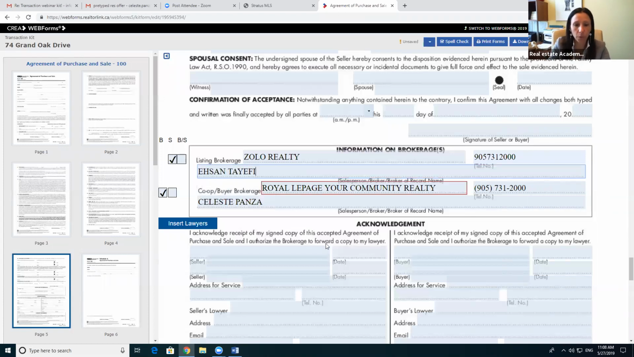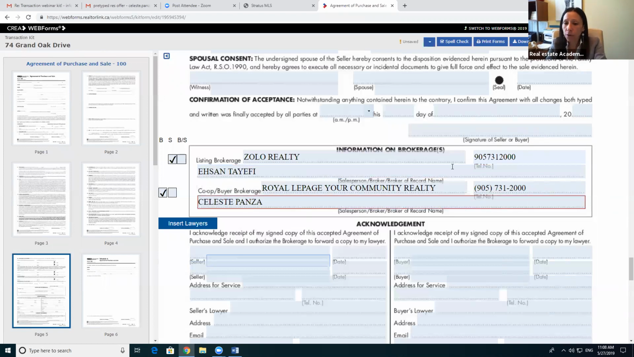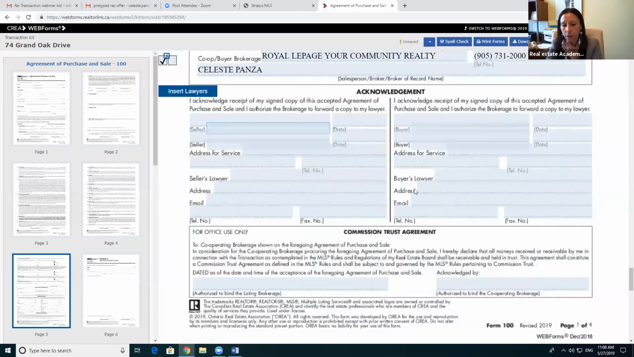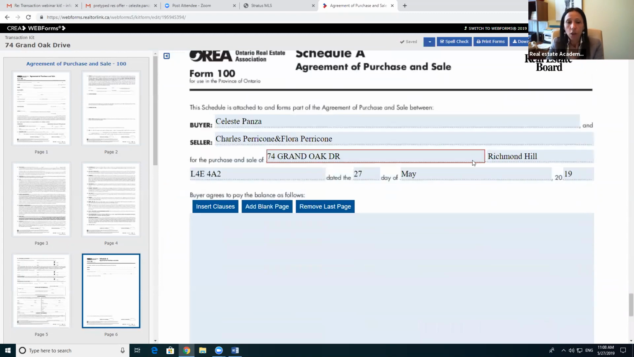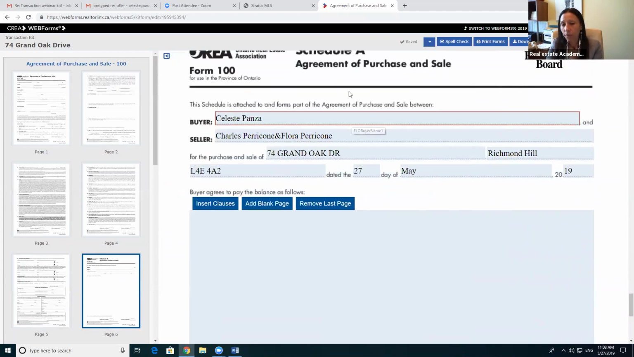I copied on the wrong one, okay? So right now you would see this part, we're not going to touch it. There's a listing brokerage, there's a buyer brokerage. These are acknowledgements for your clients, commission trust agreement, you would sign it. So right now you see, you're on the Schedule A, it's automatically synced in, buyer's name, seller's name, address, you